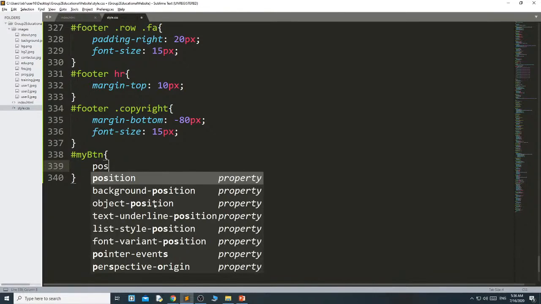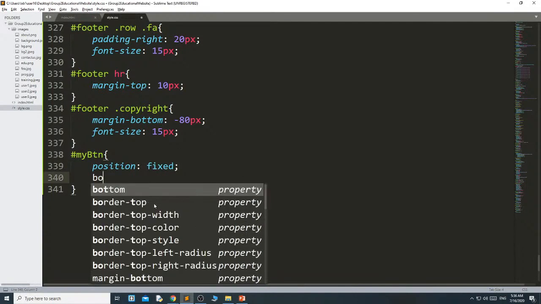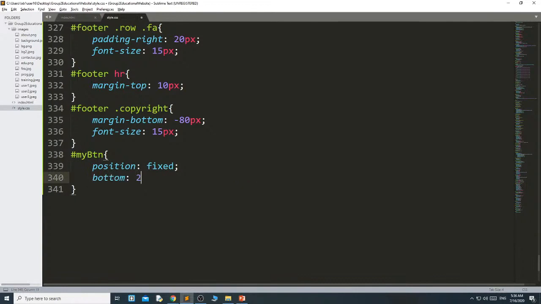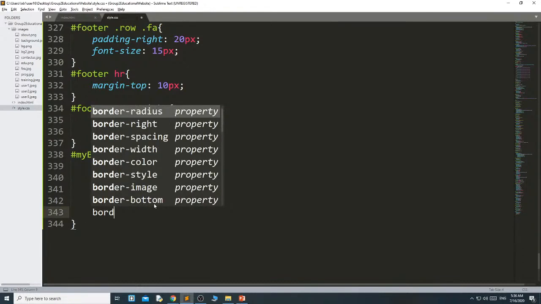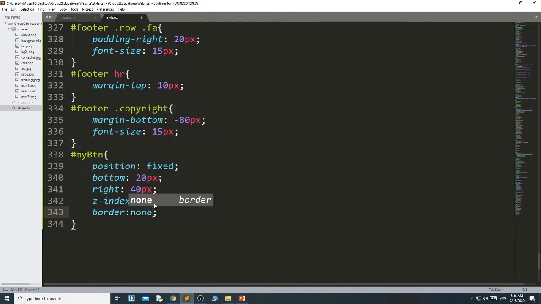Like position, first of all fixed, and I want to give some space, bottom 20 pixel and right 40 pixel, then z-index 99, then border, I don't want any border, then color white,